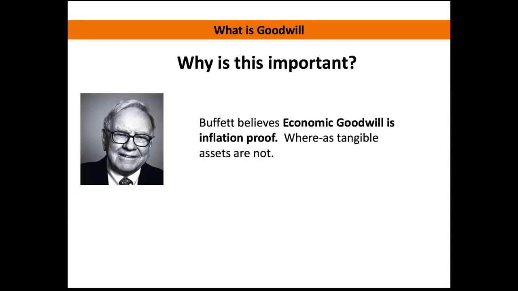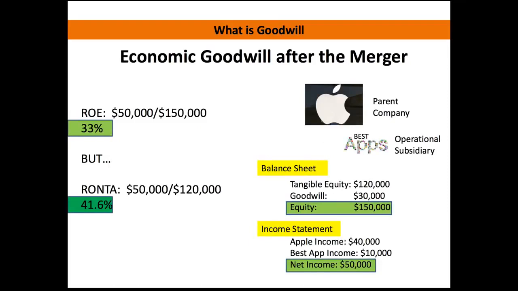So why is that number, that net tangible assets, important? And this is me kind of dissecting that original quote. It's because Buffett believes that economic goodwill is inflation-proof, whereas tangible assets are not. So when we looked at that last scenario, when we subtracted out that $30,000, what he's doing